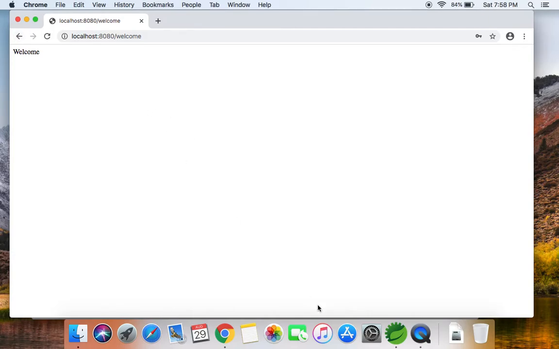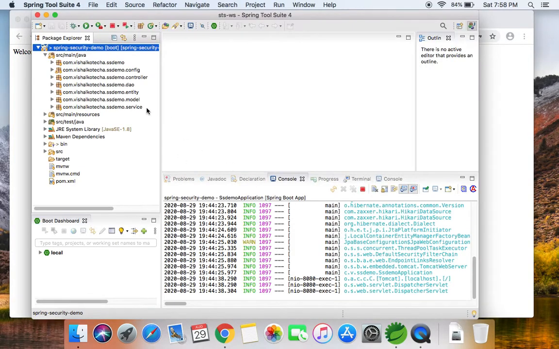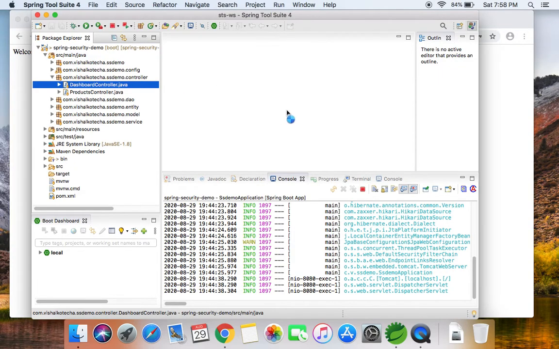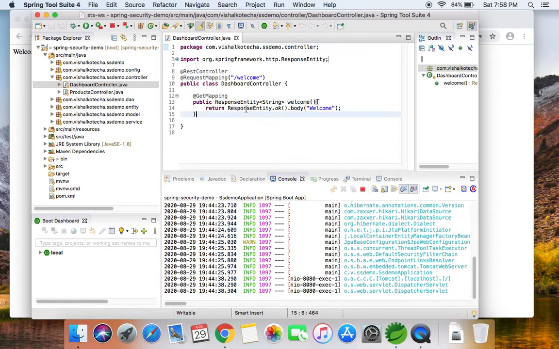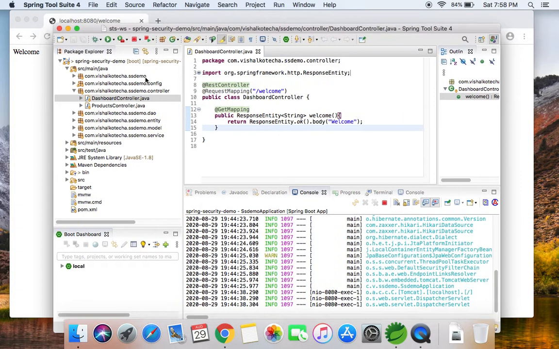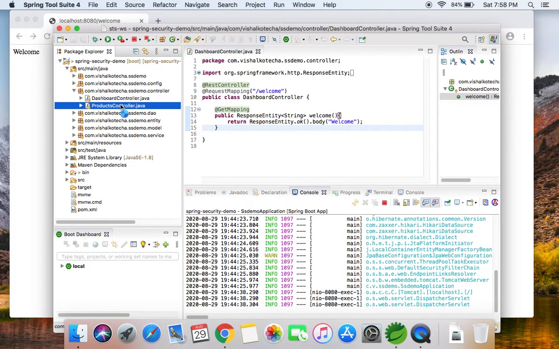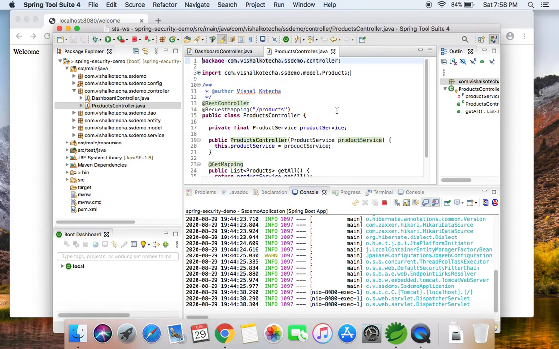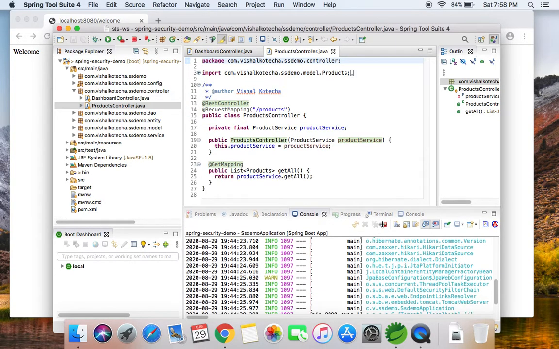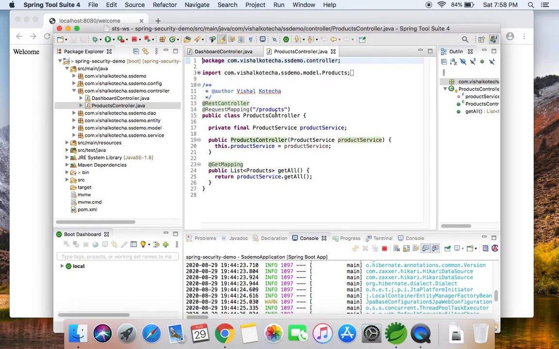So let me just go back here and see, this is the code that we did in the previous video. We just had a simple request mapping for the welcome page, right? Now what I have done here is I have added one more API to retrieve the products from the database. So basically this is a products controller.